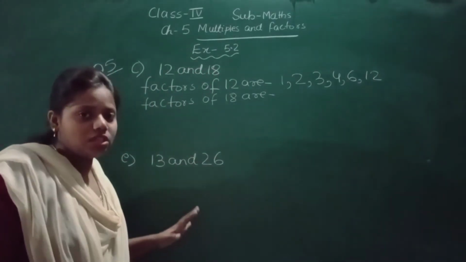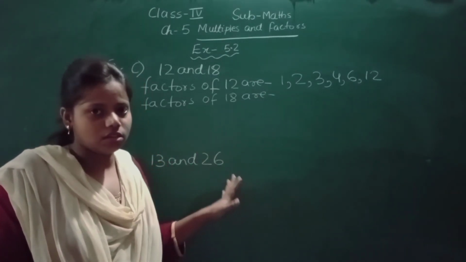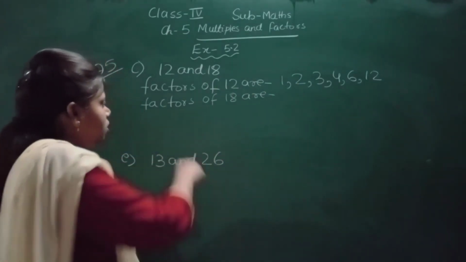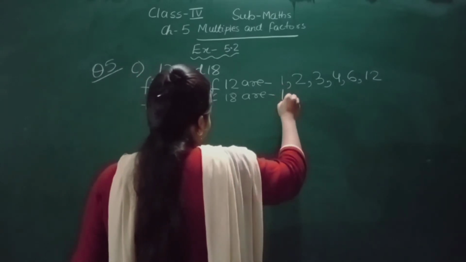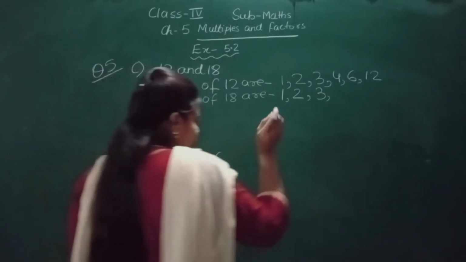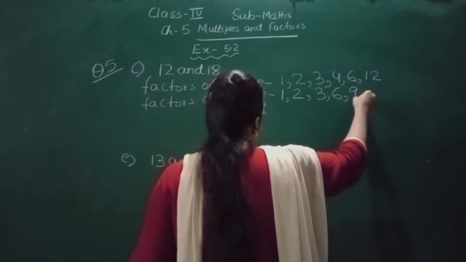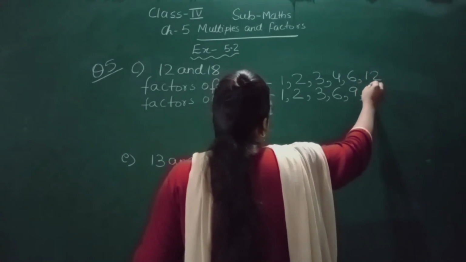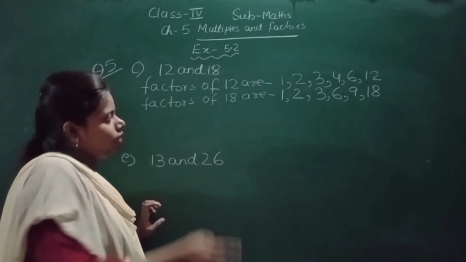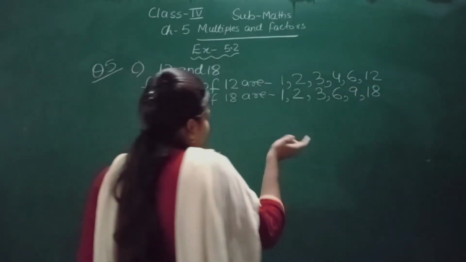It is not mentioned here that we have to write just 2, 3 factors. No, we have to find the common factors, so we have to write all the factors, 1 and itself also. Now let us find the factors of 18. It comes in the table of 1, in 2, in 3 also, in 4 it doesn't come, 5 also not, 6 it will come, in 9 2s are 18, in 9 also it will come, and in its own table 18. So the factors of 18 are 1, 2, 3, 6, 9, 18.